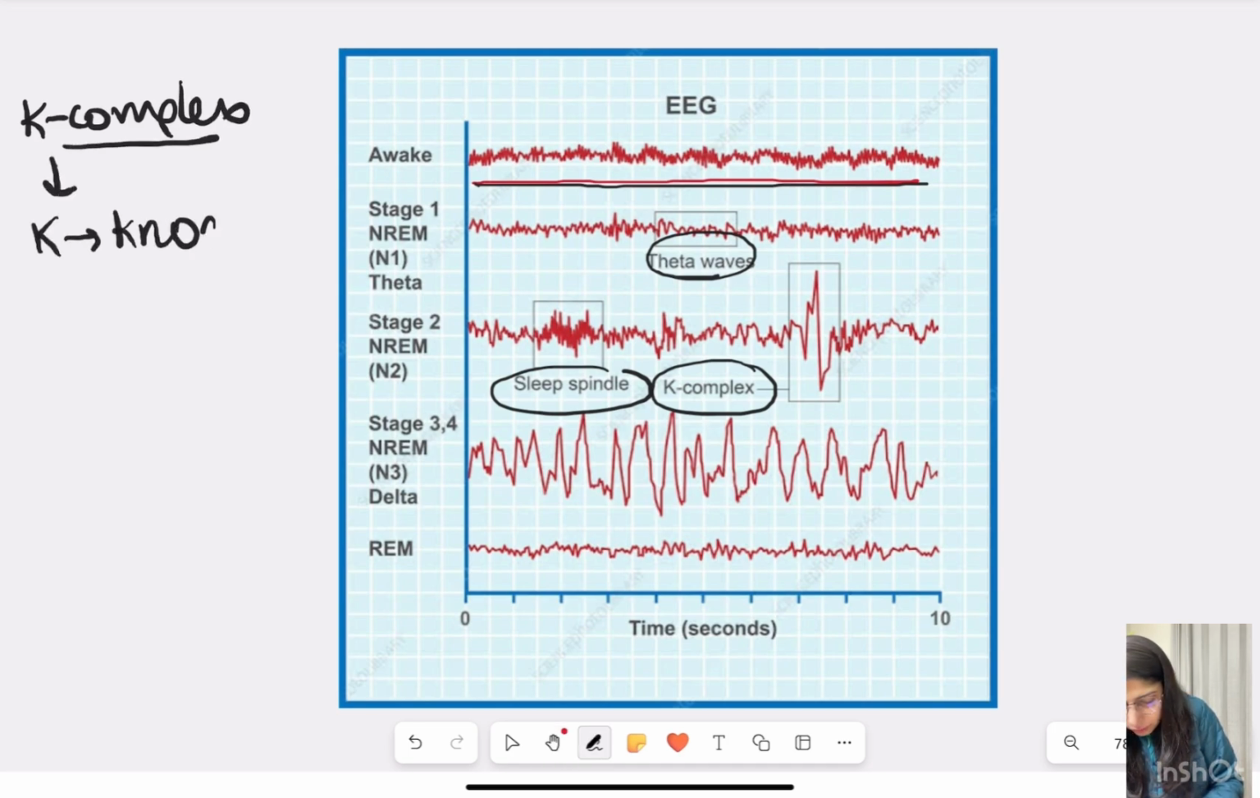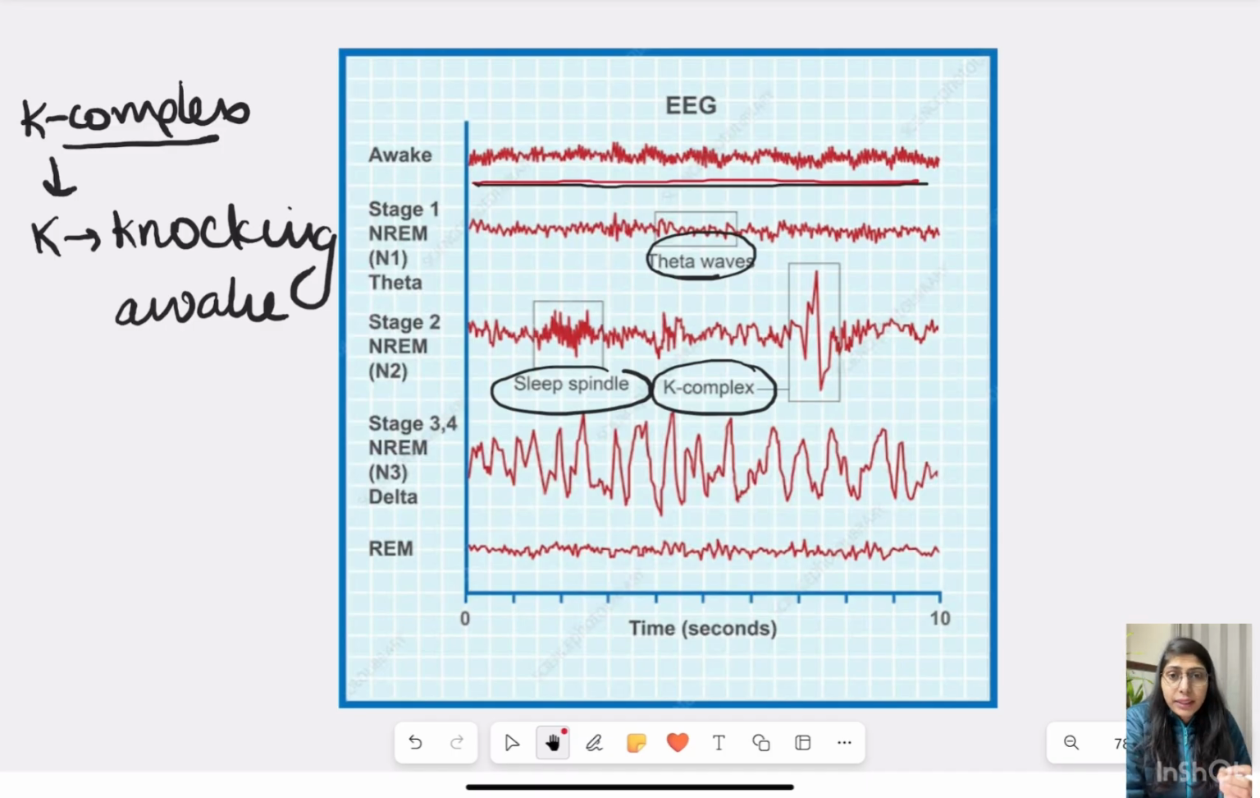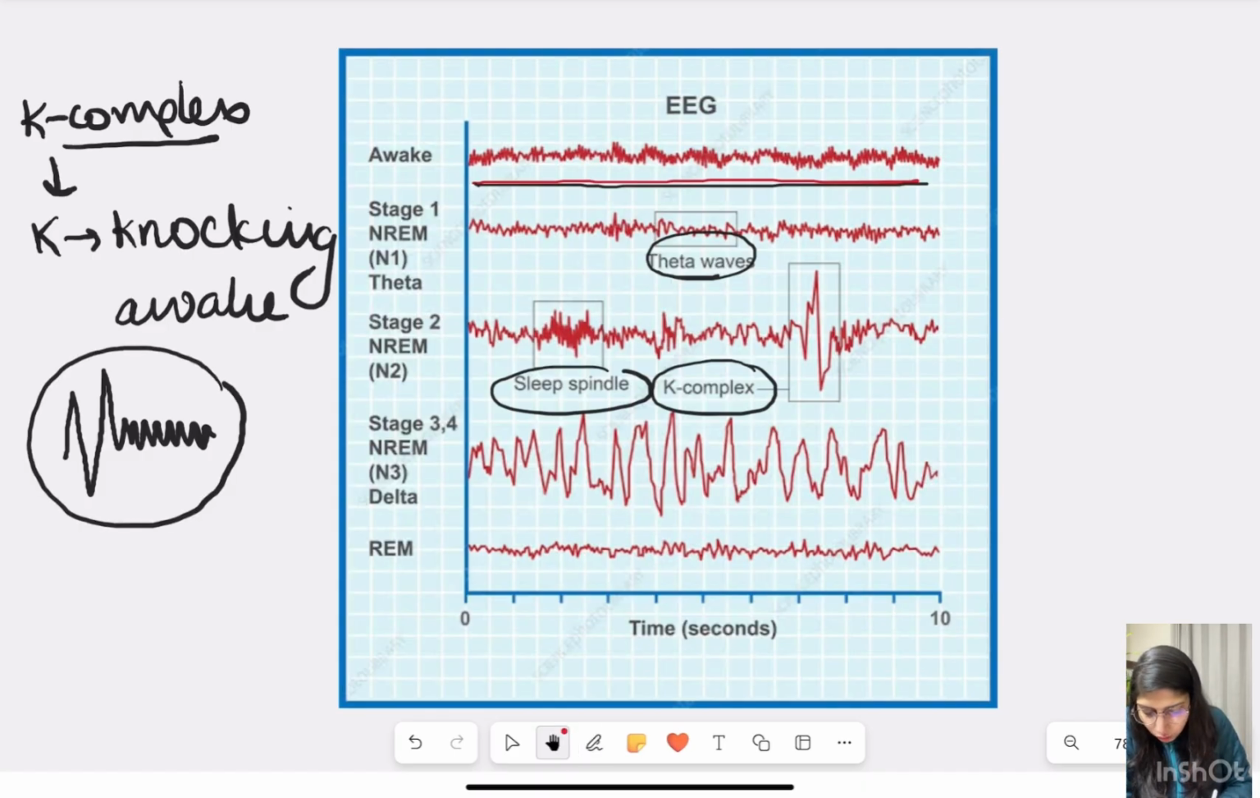K here stands for knocking, like you knock someone awake, knocking awake. So this knocking awake is only to make you remember that the K spindle goes something like this, and then there is a high frequency. Like someone woke you up, like we are sleeping and then we got alert immediately. So it is a K complex. A complex always has more than one waveform. So this is what they mean by a K complex, and it is seen in stage 2